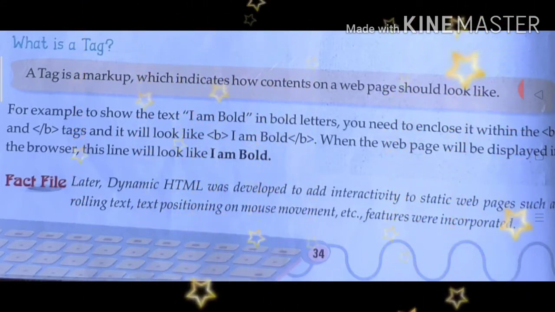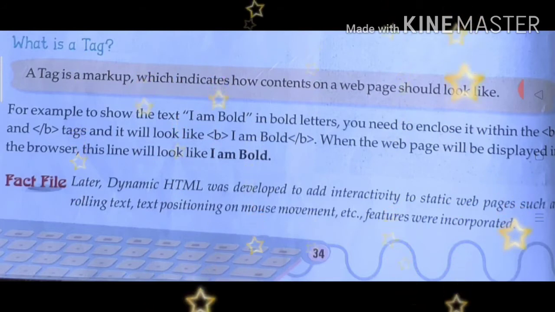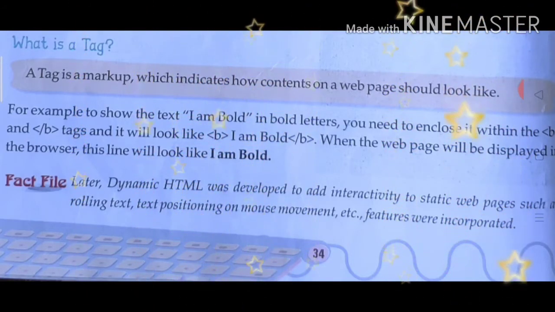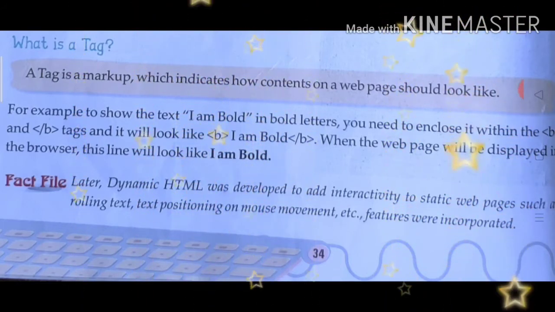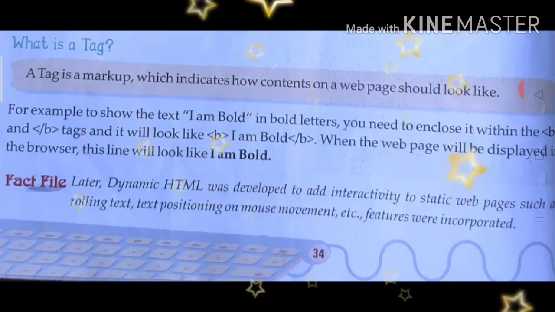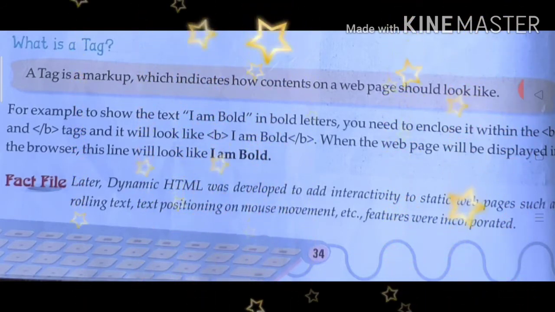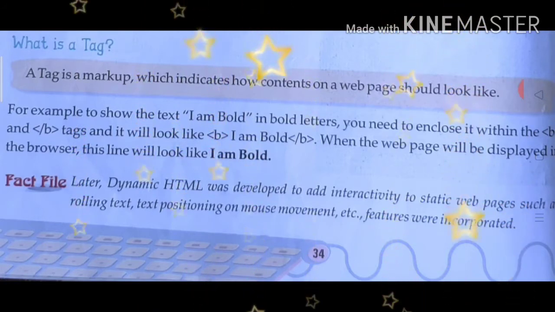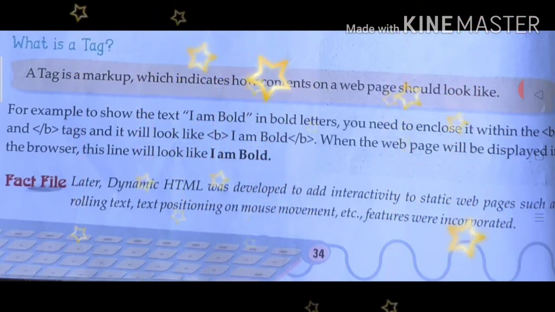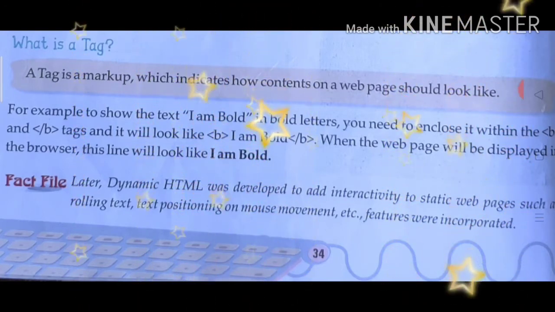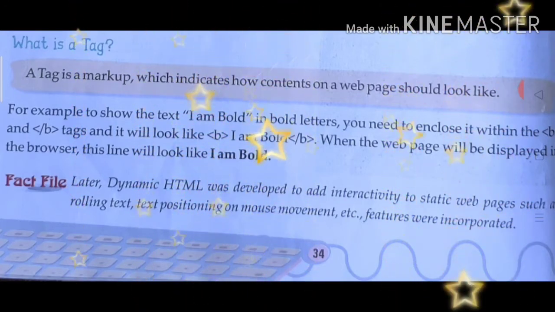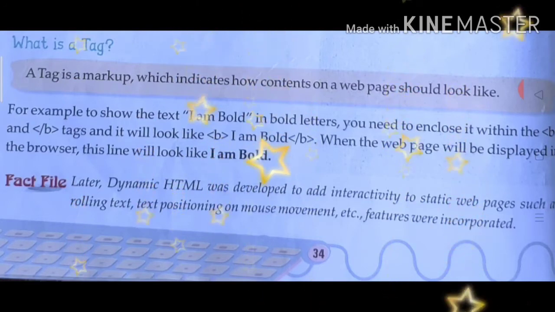When the web page is displayed in the browser, this line will look like "I am bold". What is the difference? Tags without a forward slash are called beginning tags, and tags with a forward slash are called stop or ending tags.